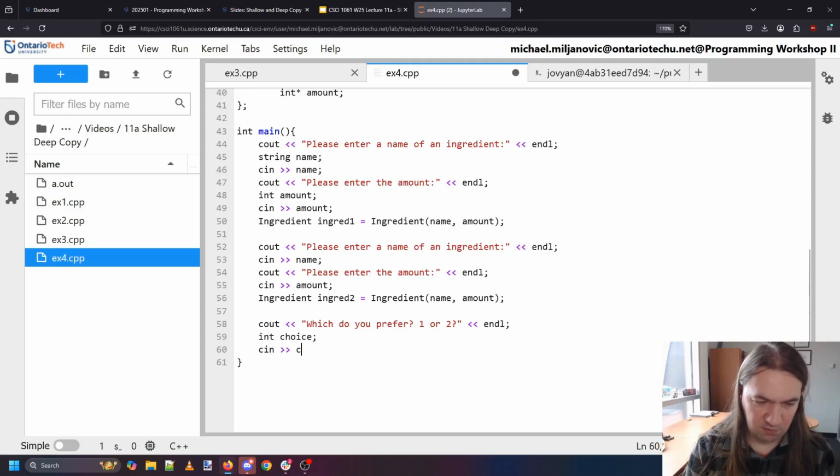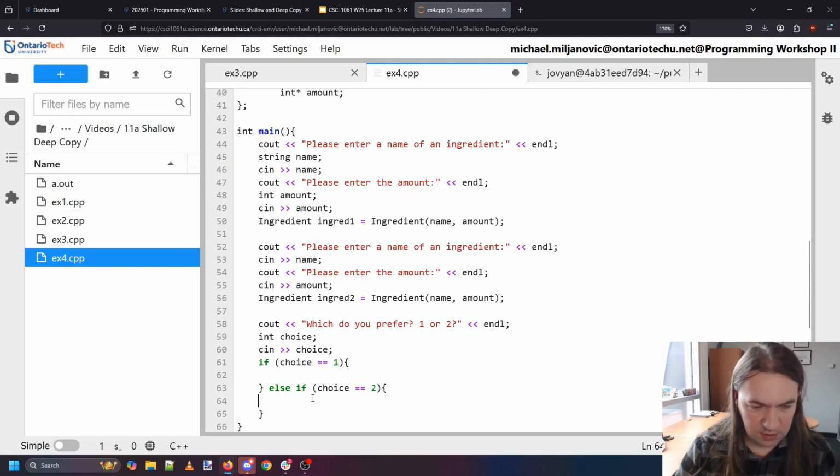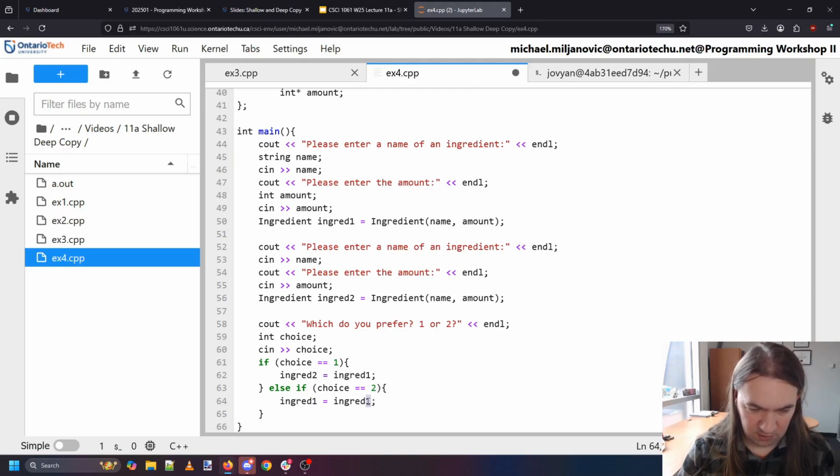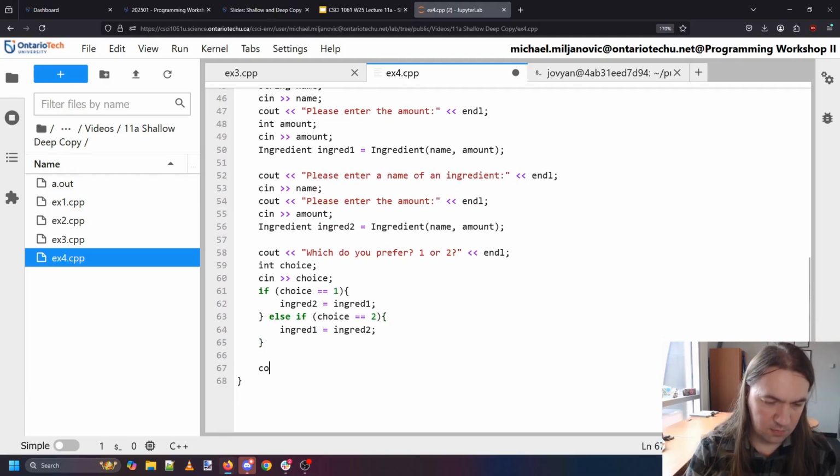Choice, cin into choice. If choice is 1, ingredient 2 equals ingredient 1. Else if choice is 2, ingredient 1 is ingredient 2. You chose